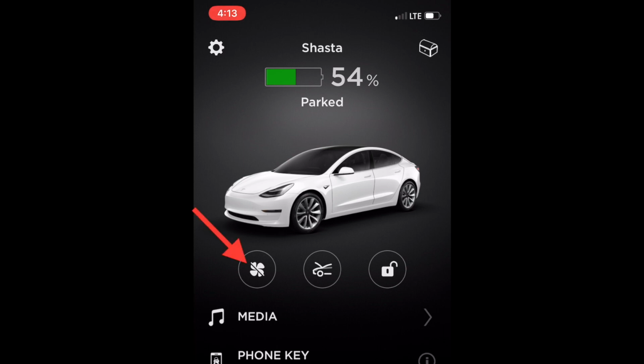The first one is climate control. If the fan icon has a line through it, that means climate control is off. If there is no line and the circle is highlighted in gray, climate control is on. A quick tap will either turn it on or off. When you turn on climate control, it will cool or heat the cabin based on the last temperature you had